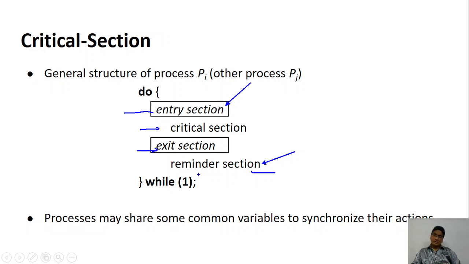So if the others are already in the remainder section, don't ask their permission. They have completed their work. Only if you find many are here before this one, or in this section, take the permission only of those. Don't take the permission of the processes which are at this location, because they have already completed the critical section. So that is called progress.